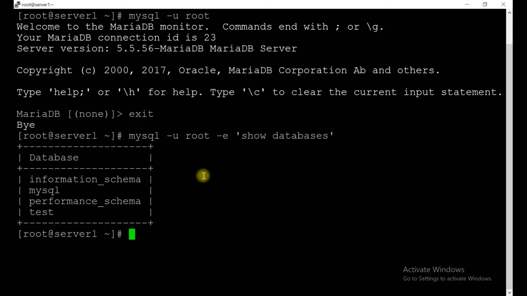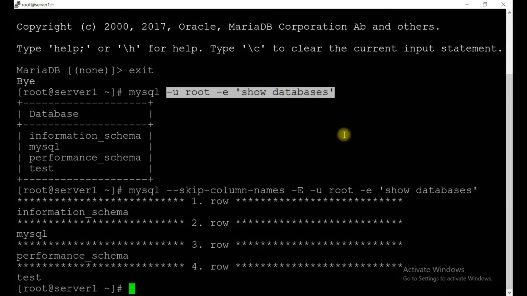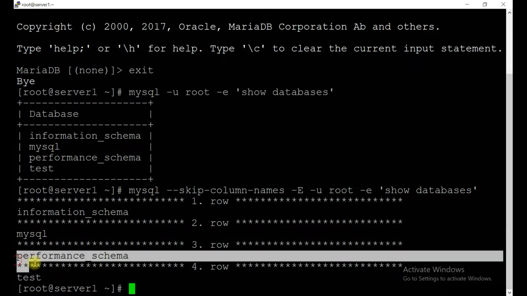So let's do one thing. We have one option inside MySQL, which is hyphen skip column names, capital E, and the rest of this command. If you see the output, we will get it like this in raw format, 1 2 3 4.